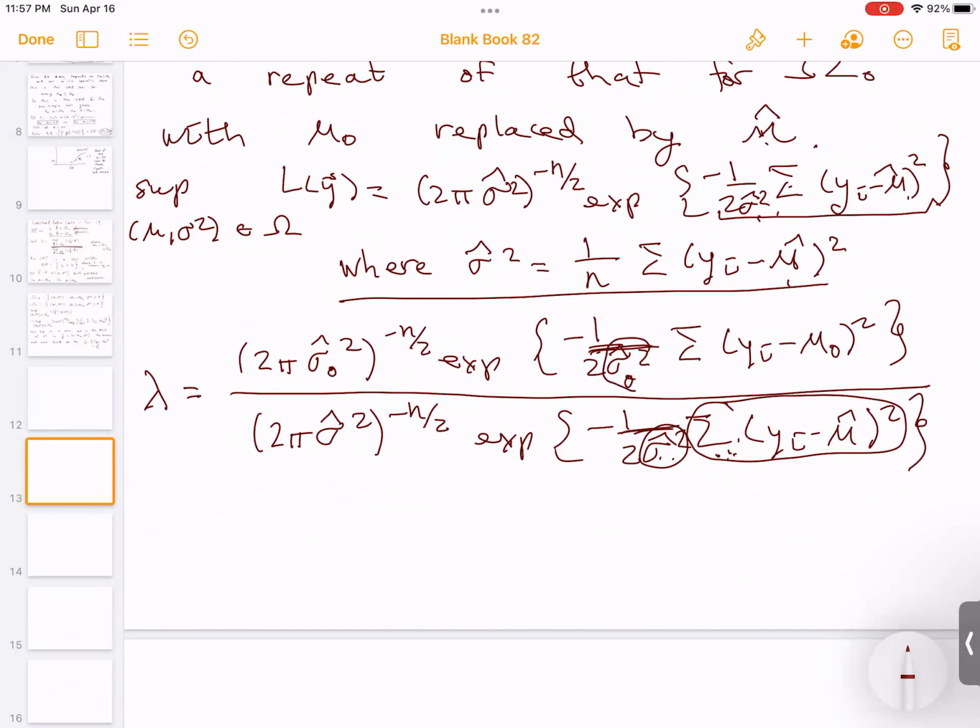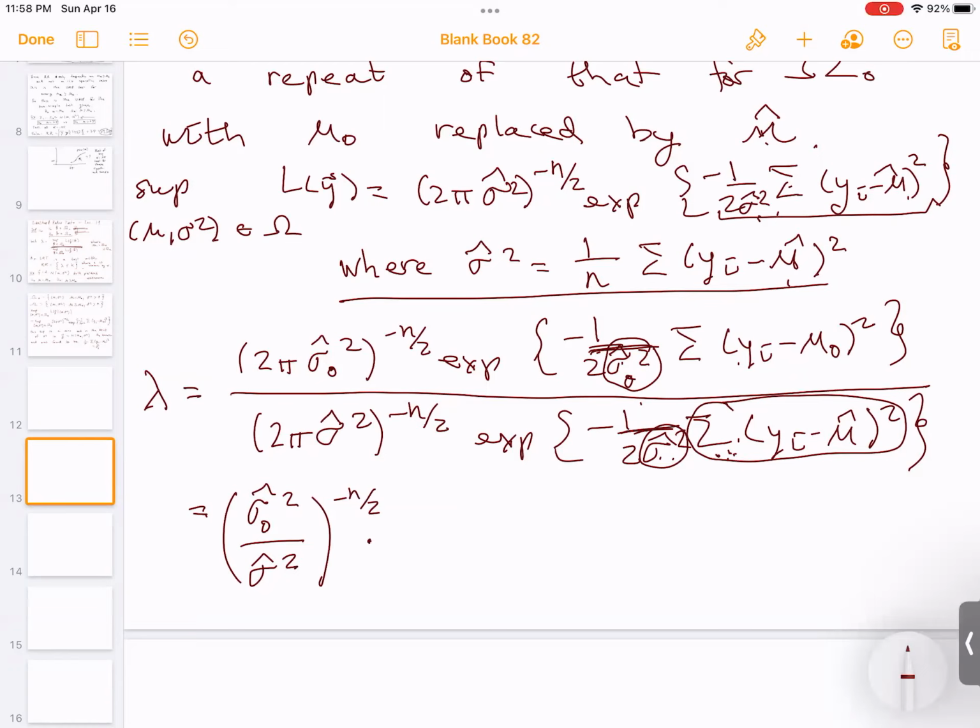Same here, this is 1 over n times this, so the n comes up in the numerator again. And you can see the whole thing's going to cancel then. So let's keep writing this and see how it cancels. We get sigma 0 hat squared over sigma hat squared to the minus n over 2